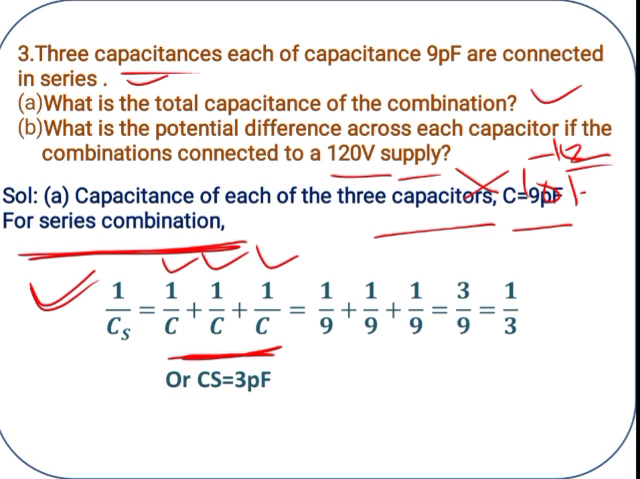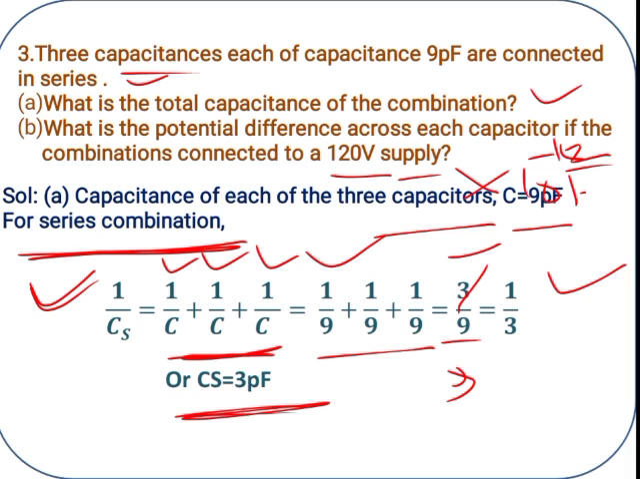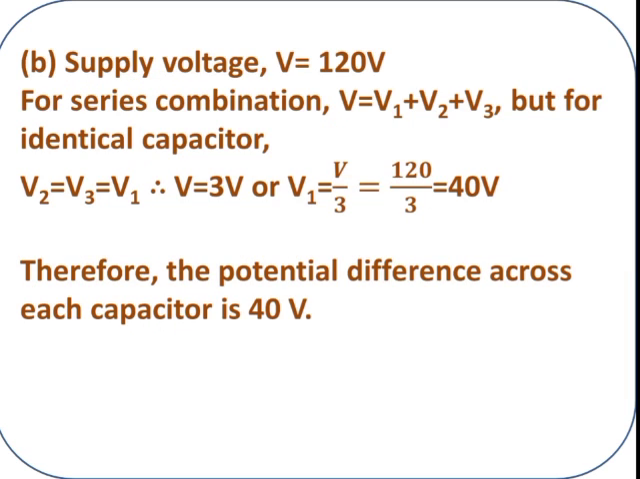Substitute the values of the capacitors. So how much is it? 9 for each. After substituting and simplifying, 3 by 9 we will get. 3 ones are 3, 3 threes are 9, so 1 by 3, or capacitance in series is 3 picofarad. This is the answer. Next, what they have asked: if voltage is given as 120 volt for the series combination,